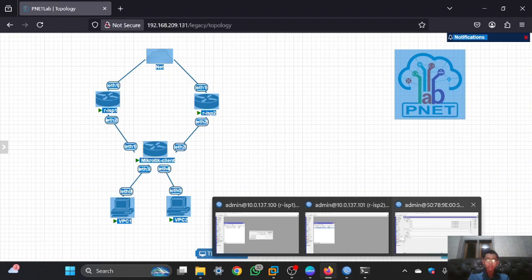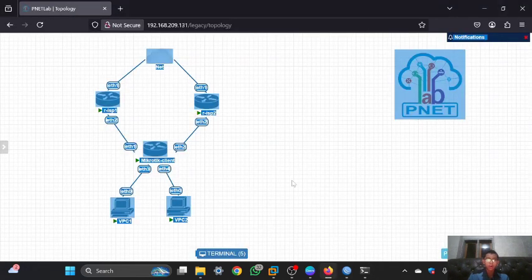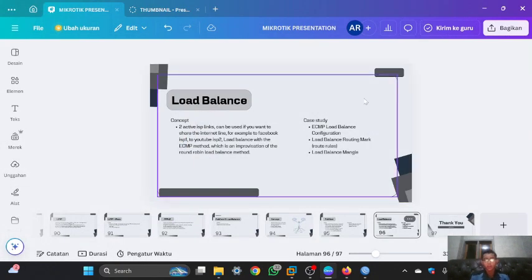So the more Mbps, the more often it is used, or the MikroTik or the client will often use the ESP that has more bandwidth. So the configuration is successful. And next I will configure the load balance routing mark.